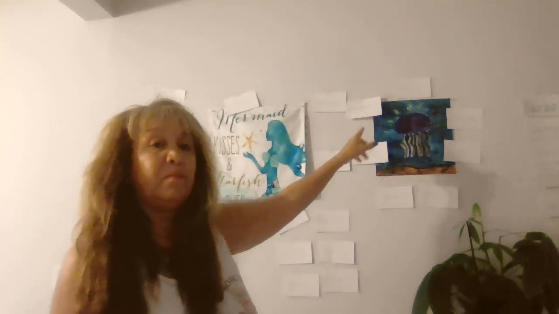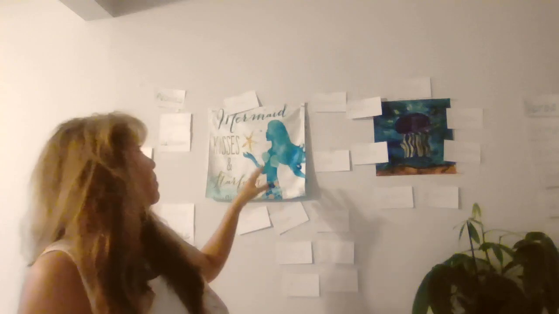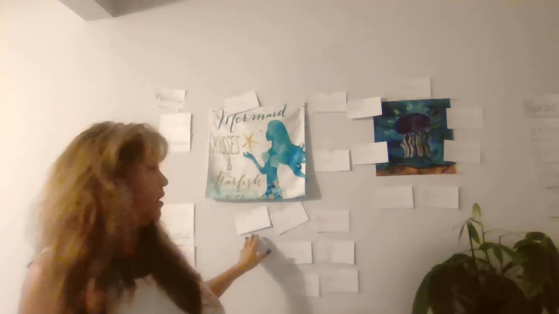Now, again, we talked about words that describe the jellyfish. You're going to do the same thing with the mermaid. So for the mermaid, we have, she has a fin, she has hair, and she can swim. So you can do more, but I just did that to kind of expedite the lesson here. Now what we're going to do is let's review the words that we did from yesterday. And so review the words that you did from yesterday, and then ask the students or your child,